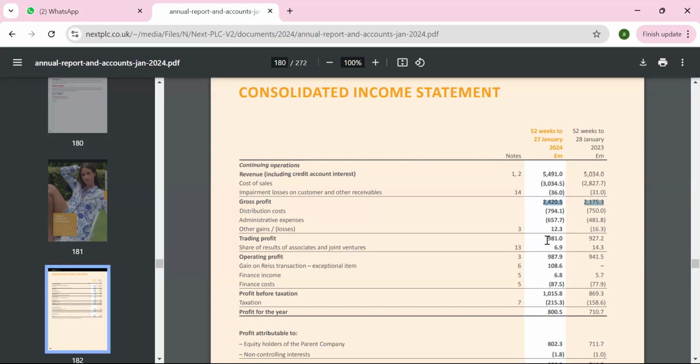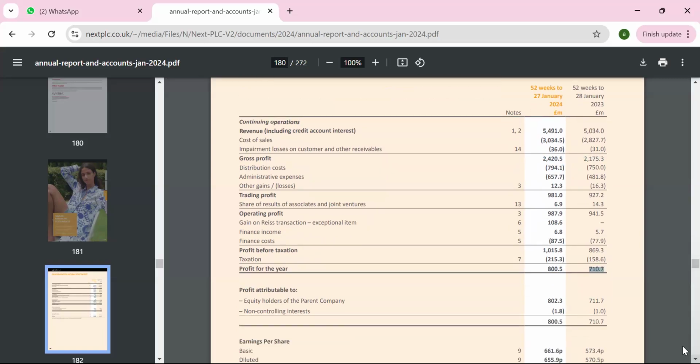So we can look around. After taxes and all adjustments, if we look there, 800 million is the profit this year, and last year they had 710 million. So that's the profit. If we look here,